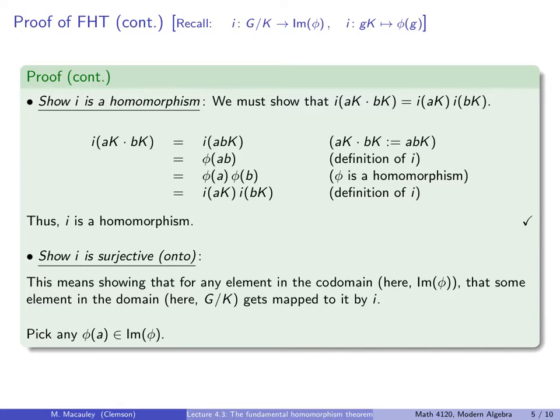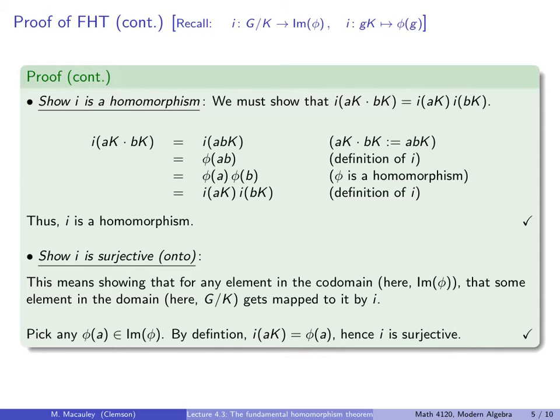Well, hopefully you see it. It's just the left coset, AK. So by definition, I of the coset AK equals phi of A, and therefore I is surjective, or onto. And notice that we're not asking whether phi is onto. And in general, it need not be onto. There's no reason that it has to be. We're asking if the map I, which is defined in terms of phi, but is very different from phi, whether that map is onto,